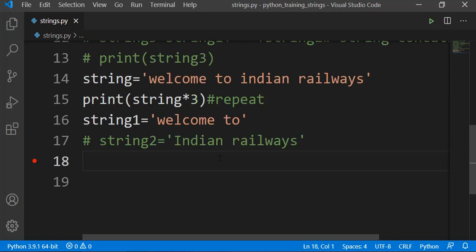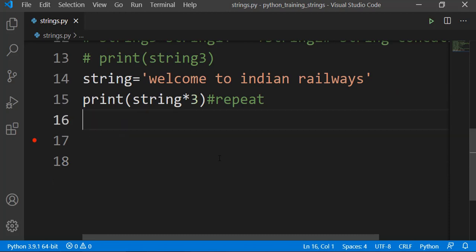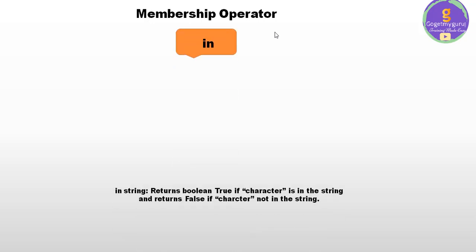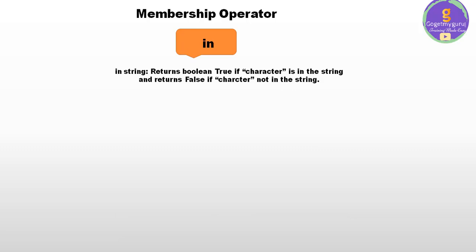Now let us discuss one more operator, that is the membership operator. So what does it do? Let us see what this membership operator is. We have the in keyword here. So what is this in? In returns boolean true if the character is in the string, or else it will return false.